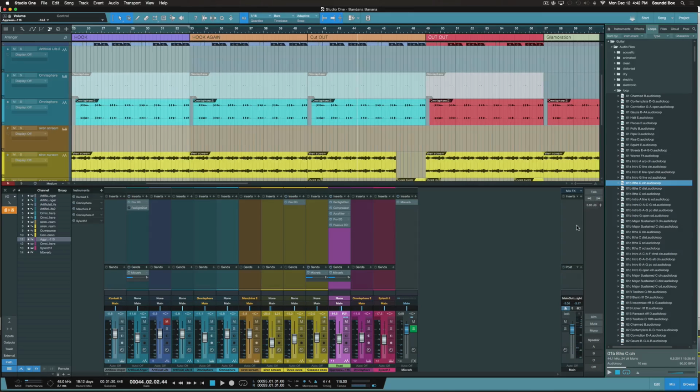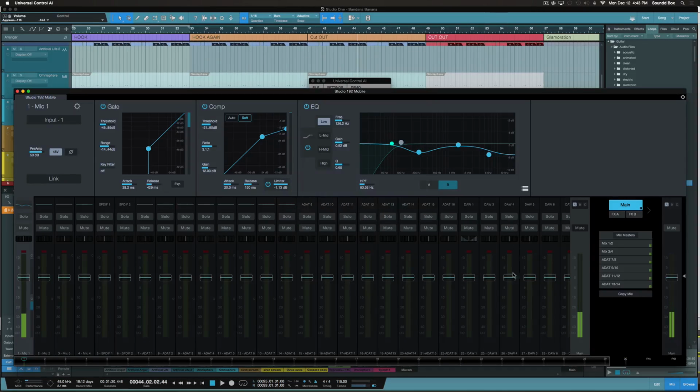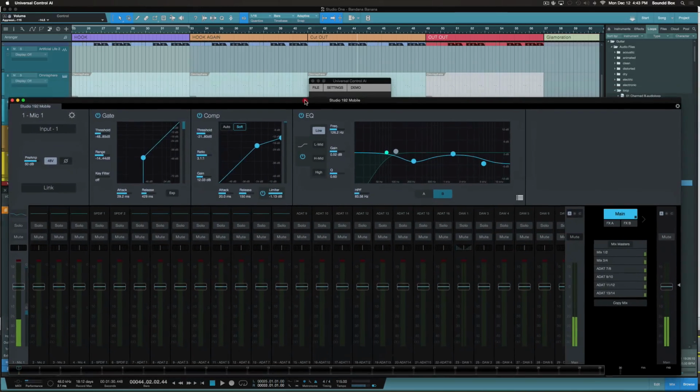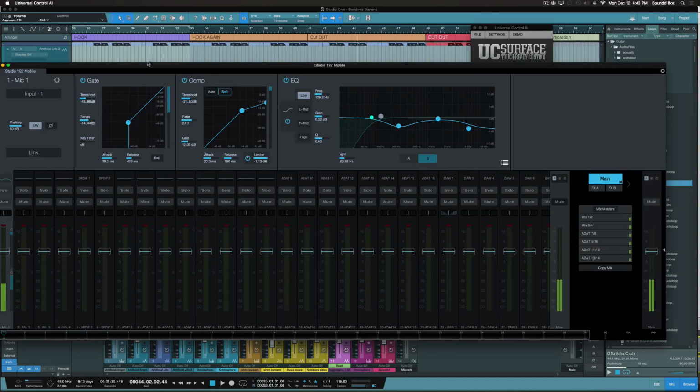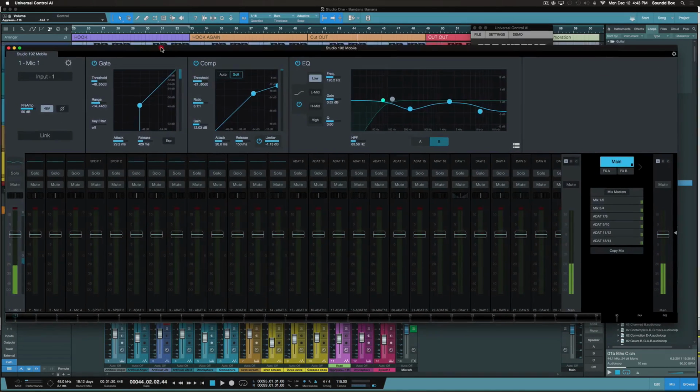And see, the other awesome thing about this is what PreSonus is doing as far as the integration with their digital mixers and interfaces that they have. Like I told you guys, I have the Studio 192 here, but with their digital mixers, you can integrate this stuff, and it comes working with this Universal Control, the UC Surface here, right? And I'm showing you guys the mixer interface or console here as I'm talking. I'm talking through this now, and one of the reasons why I bought this thing was because of the